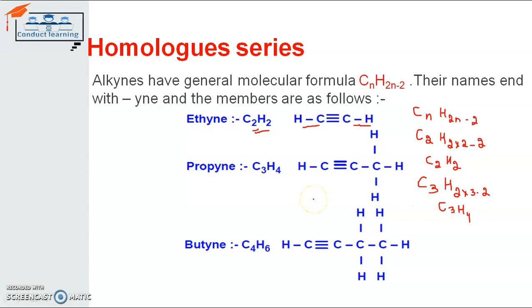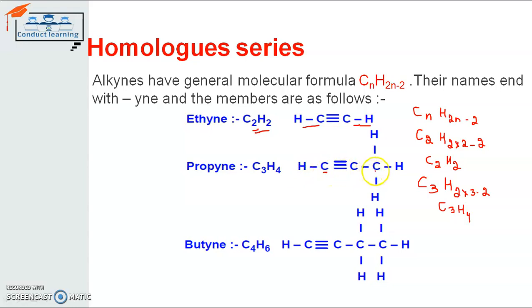Accordingly, the structure for propyne is also there, where the 3 carbon atoms are there, 1, 2 and 3, and these 2 carbon atoms are making a triple covalent bond between them. And the rest of the electrons in the valence of the carbon atom will be shared by the hydrogen atom. You can see there, this carbon atom is sharing its 3 electrons with this carbon atom and the rest of 1 electron with the hydrogen atom, because carbon having 4 valency is making a complete covalent bond with the carbon atom and hydrogen atom.